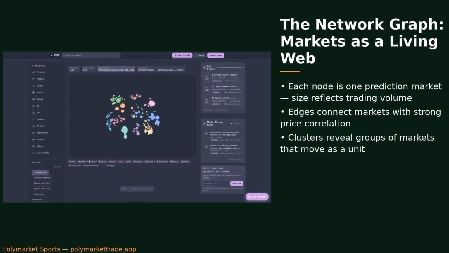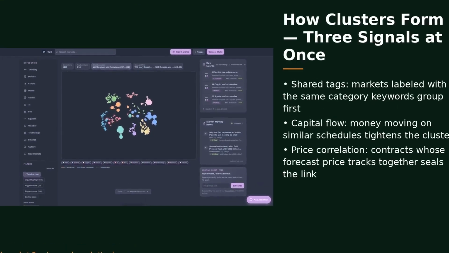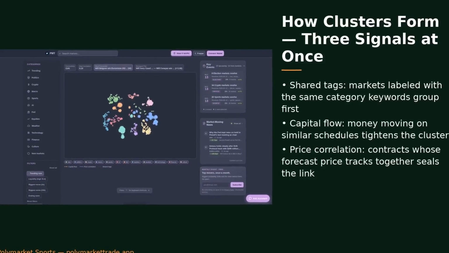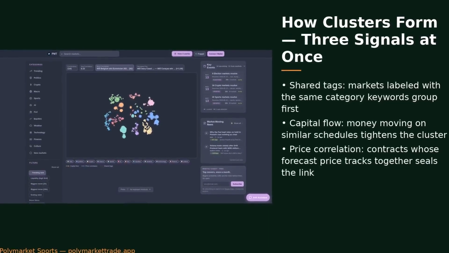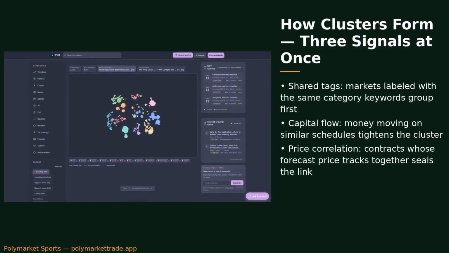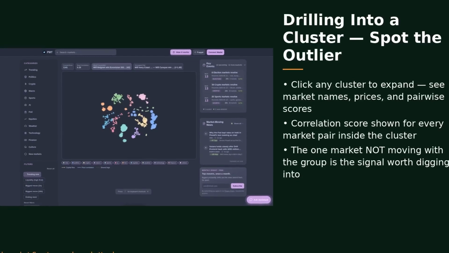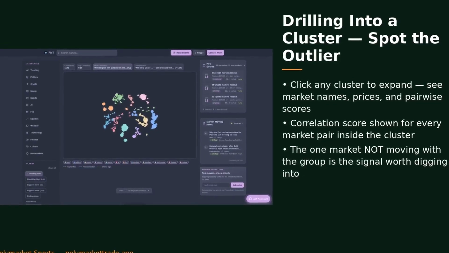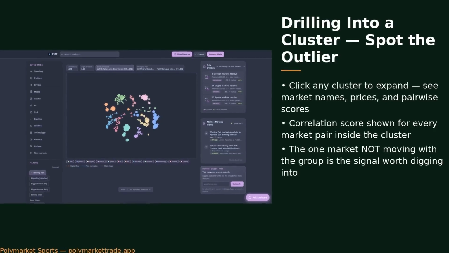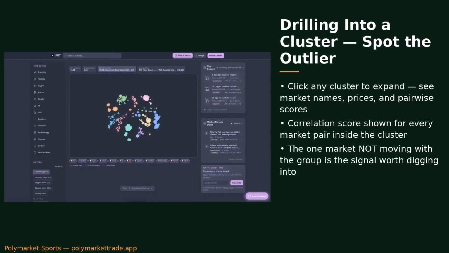Okay, here is the correlation heat map. What you are looking at is a grid, and every cell in that grid represents the relationship between two categories of prediction markets. PolymarketTrade tracks 13 categories. Things like crypto, AI, politics, sports, climate. The heat map shows you how those categories relate to each other. Warm colors, reds and oranges, mean positive correlation. Those categories tend to move in the same direction. Cool colors, blues and greens, mean negative correlation. When one category heats up, the other tends to cool down. Think about how playoff teams in different conferences start mirroring each other's energy once you get deep into the finals. That is what you are seeing here.